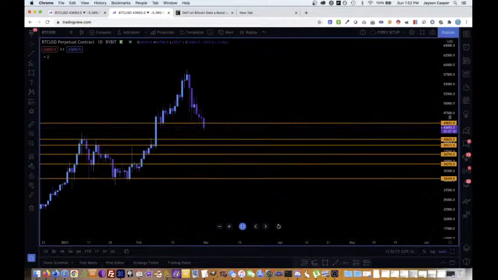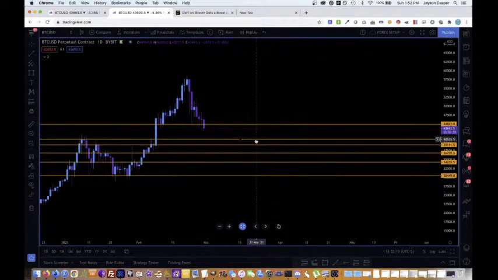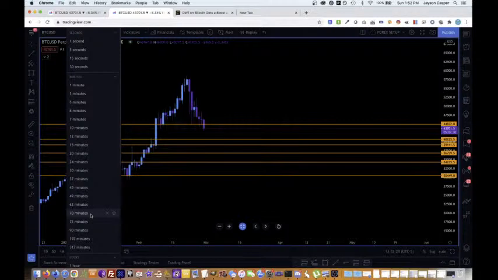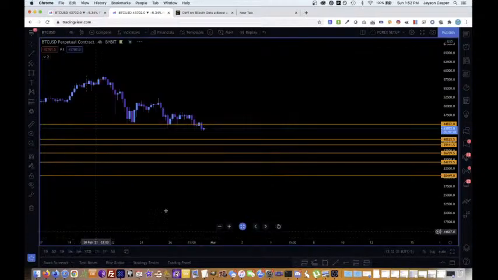There are so many things pointing to the fact that we're going to come down to this level. And once we come down to this level, guys, it is going to give us the opportunity to enter some amazing, amazing trades. If we pull up our 4-hour chart,